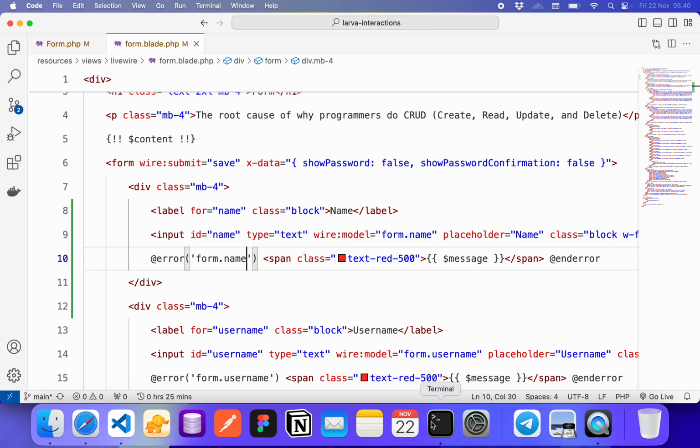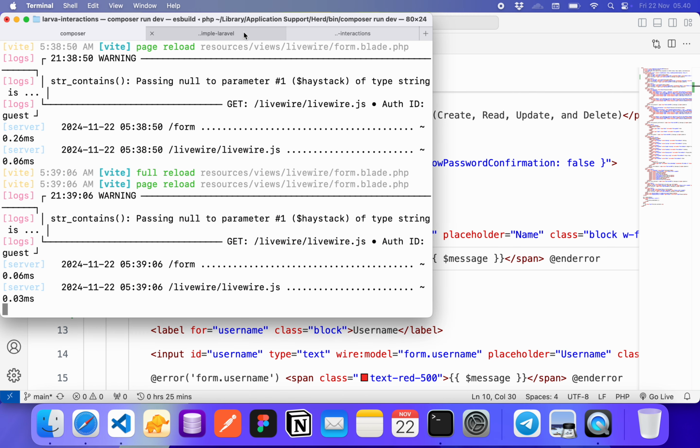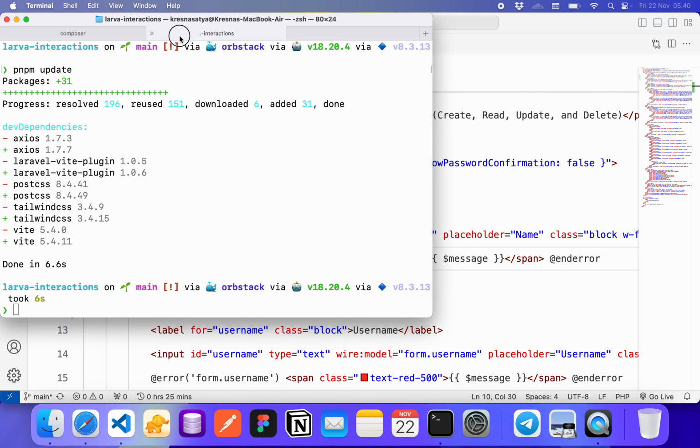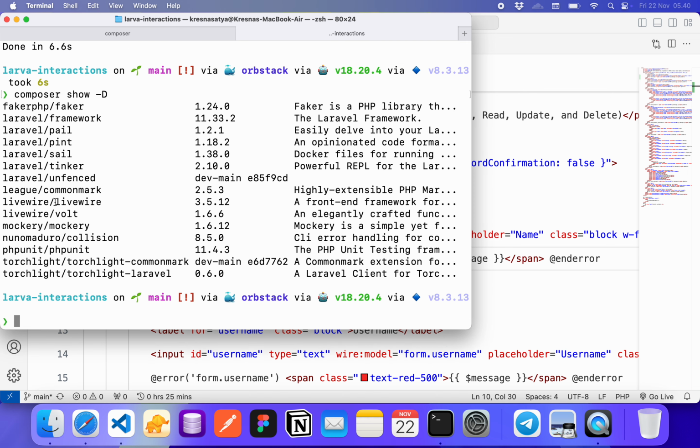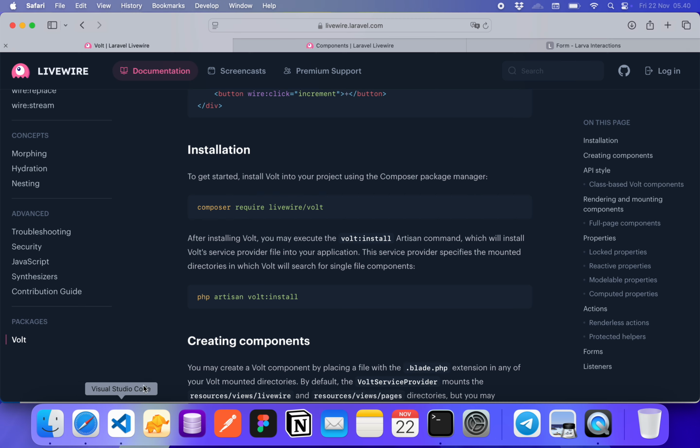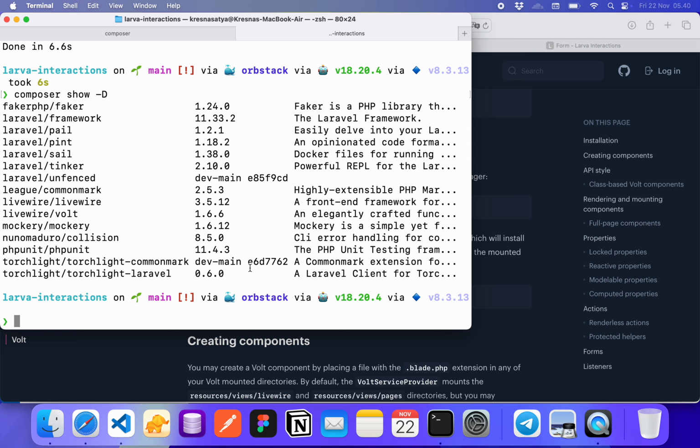Meanwhile, I have already installed Livewire Fold. I will zoom in again. With composer show, you will see that I have installed Livewire Fold, but I haven't set up the artisan fold.